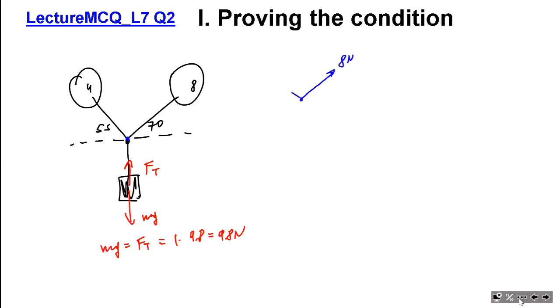There's a force acting this way, not as strong, 4 newtons. There's a force acting down, the strongest one, 9.8 newtons. And we have measured angles. I'll call them alpha, beta. Alpha equals 55 degrees, beta equals 70 degrees, plus or minus 10%, because it was really difficult to measure the exact angle in these conditions. So our final result also will be plus or minus 10, 15%, which is fine,